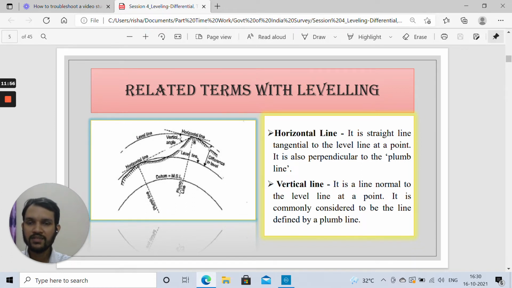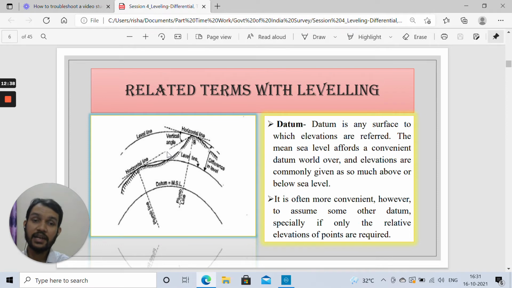Okay, if this is the normal line, then at any particular point, the vertical line will be perpendicular to this level line. Here it will be perpendicular. At the centermost point, if you are trying to draw it, then it will be straight vertical. Okay, so vertical line is not always vertical. By vertical line we mean the line running exactly perpendicular to the level line that is drawn there. Okay, and the same concept is valid for horizontal line also. That horizontal line is also not perfectly horizontal. By horizontal line we are just saying that it should be tangential to the earth surface. Okay, so this is the concept.